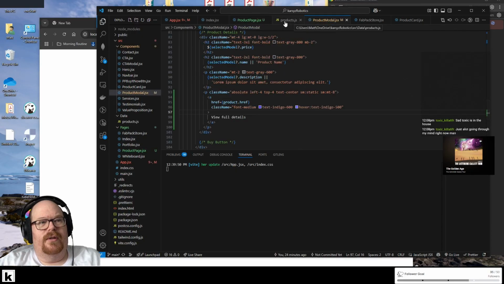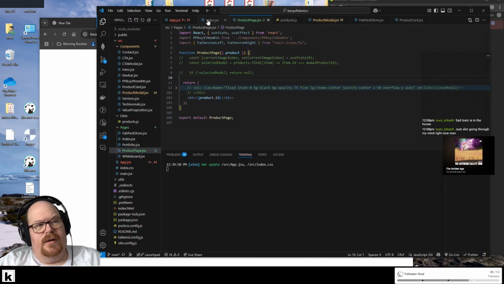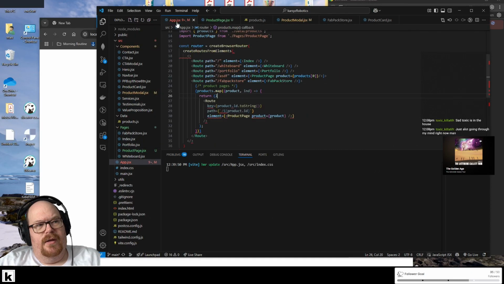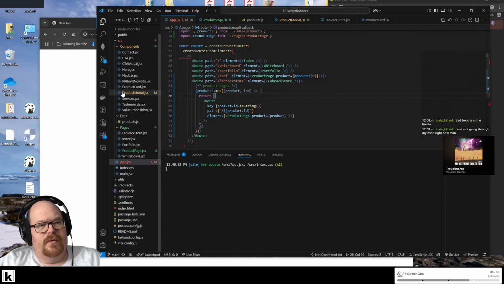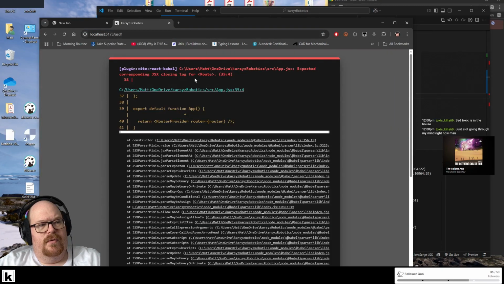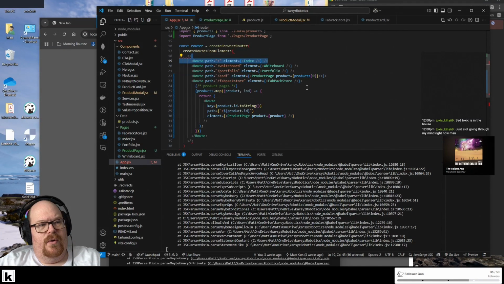Oh, you know what? Nested routes are for the other thing, right? I don't have it like this. So I want to say it is a nested route, but it doesn't need to be. Let's do